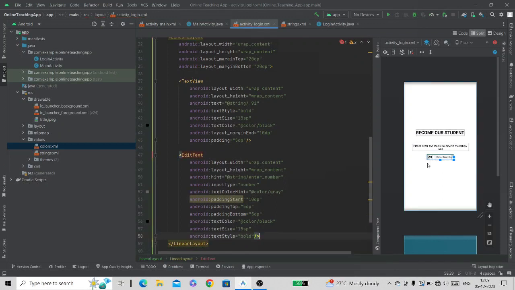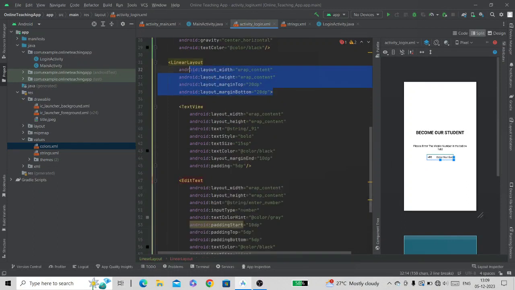Close the edit text. Now here you can see the views are placed horizontally. This is because in this linear layout we haven't specified the orientation, and we know that when we don't specify any orientation, then the default orientation is horizontal. That's why these views are arranged horizontally.